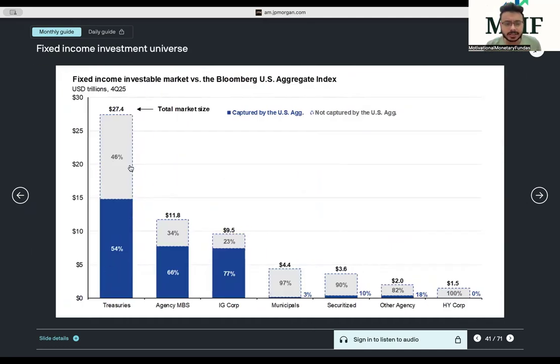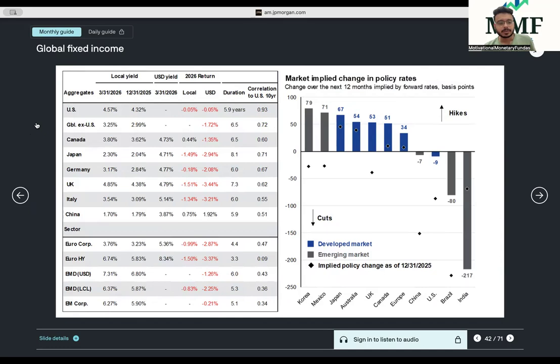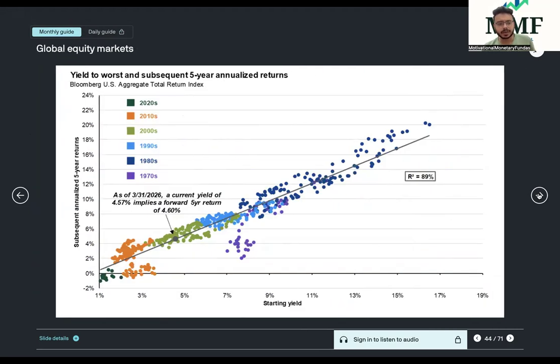Fixed income, the treasuries in the Bloomberg Barclays Index, right? The maximum weightage is given to treasuries, then the agency mortgage-backed securities, and then the IG corporates. The correlations, right, of these fixed income securities in these markets versus the correlation to a 10-year bond. Japanese being the closest one, but the rest are far away. Right? Good for diversification.